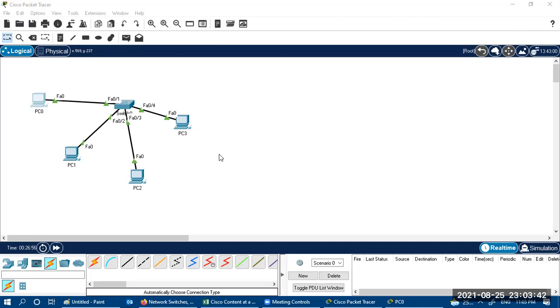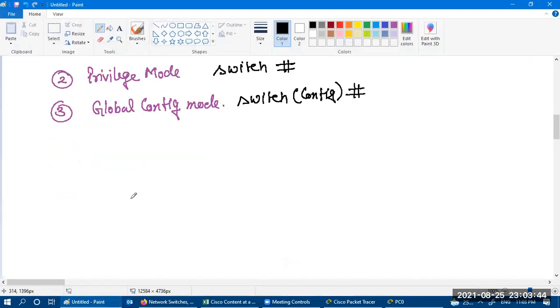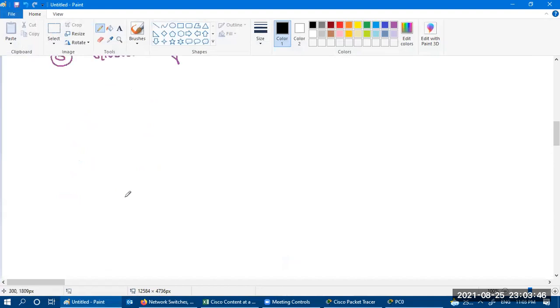The first topic of switching is VLAN. It's very important. The first topic that we are going to talk about is VLAN, which is called Virtual Local Area Network.